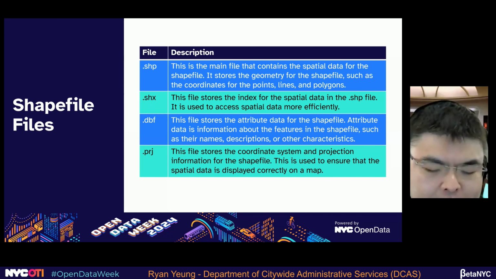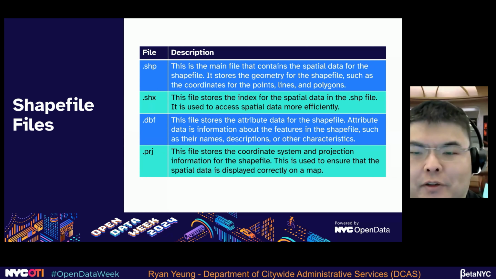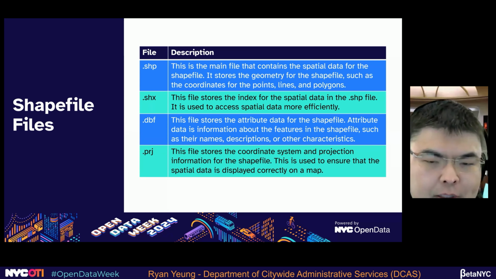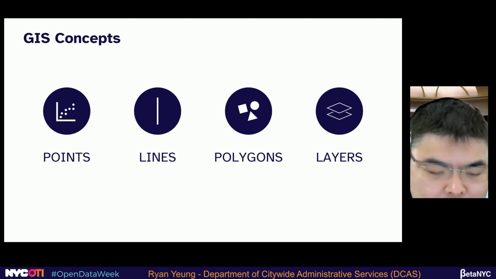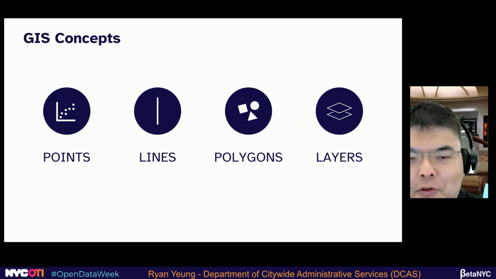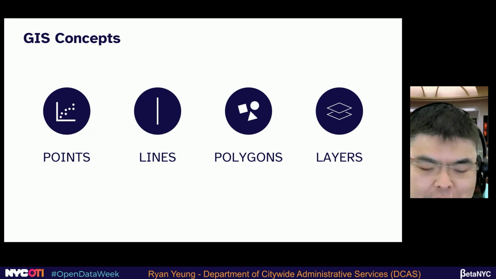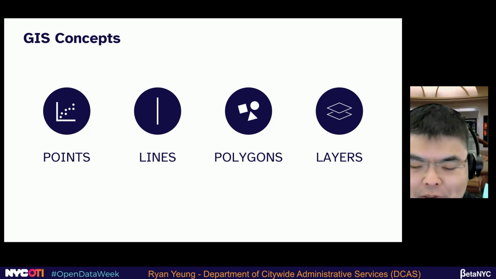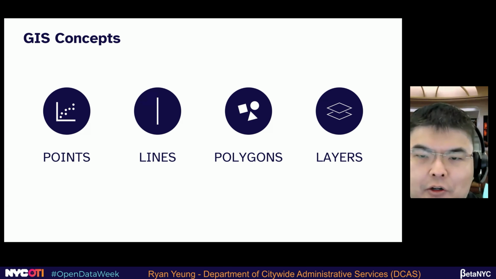Kind of the most important one, obviously, is the .shp. That's the actual shapefile. That's where the spatial data is. And that's the one we care most about. Before we continue, let's talk about some important concepts in GIS, some fundamentals. The first one is points. If you remember from your middle school geometry classes, points are defined by a set of coordinates. In geography, generally we call these latitude and longitude, but they can be Cartesian, X and Y, they could be polar coordinates even. So points are a singular, well-defined location on the Earth's surface.